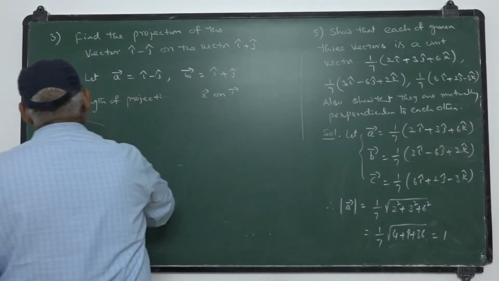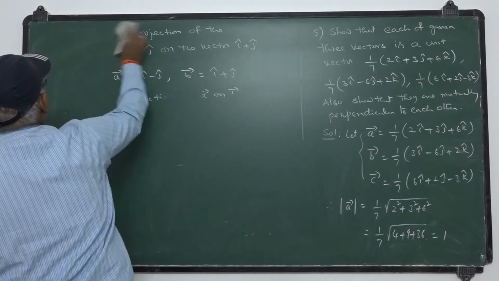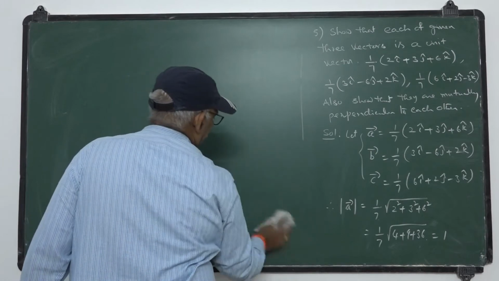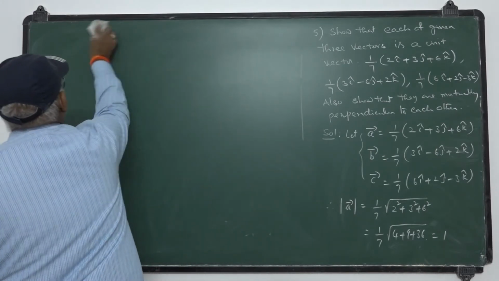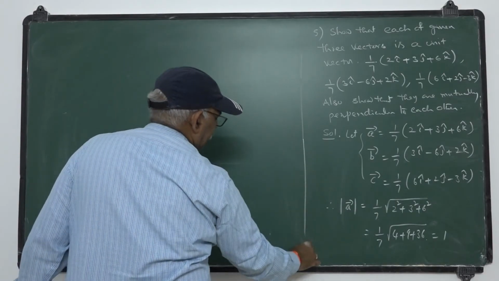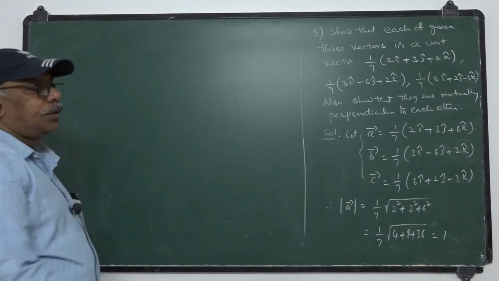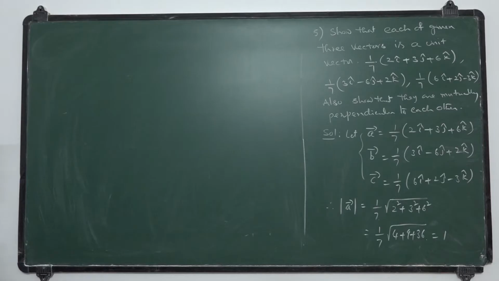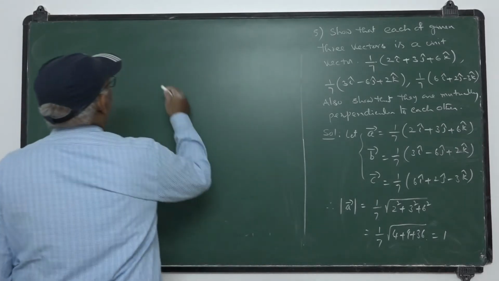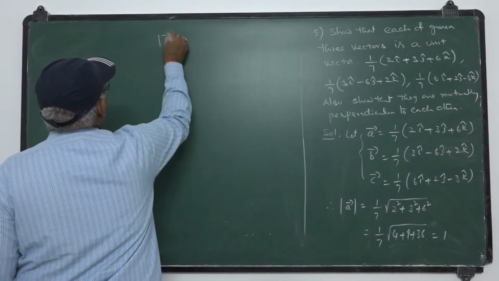And then the dot product of these three vectors taken pairwise is 0, because we have to show that these three vectors are mutually perpendicular to each other. For that, modulus of B bar,